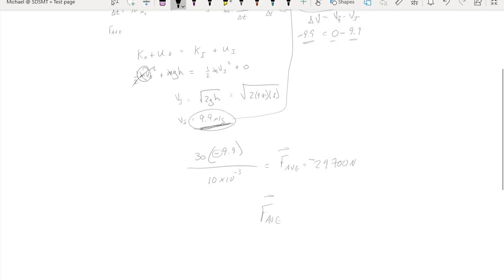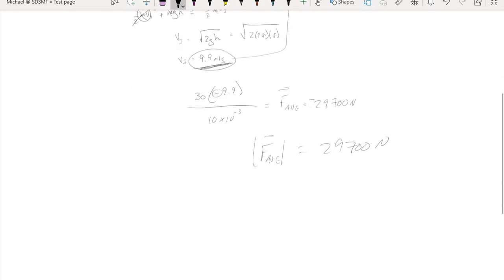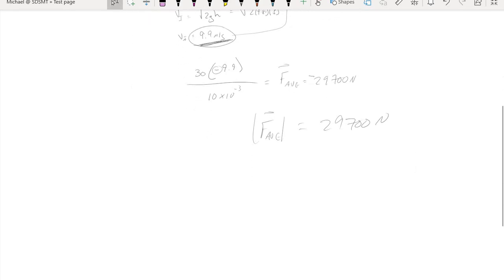This child is experiencing a magnitude of 29,700 newtons for a period of 10 milliseconds. Now, that's not a whole lot of time, granted. But let's compare this force to the weight that the child typically experiences. The weight of the child is mg, so we have